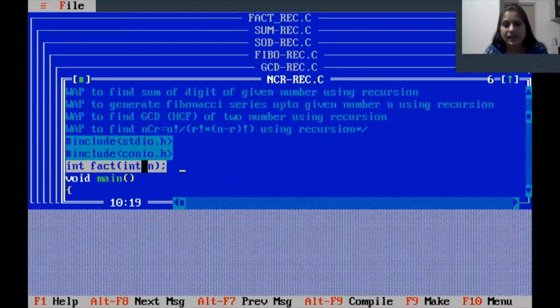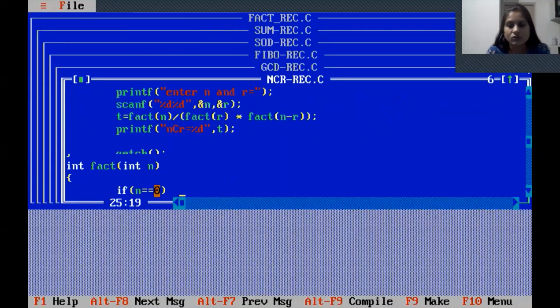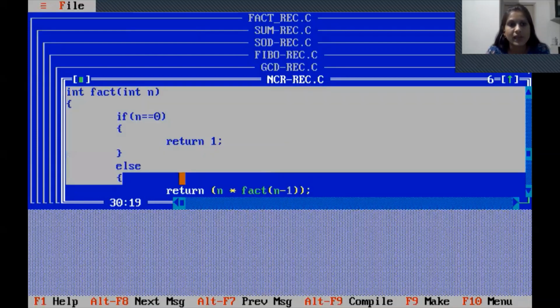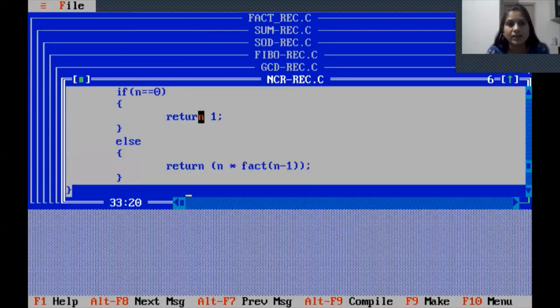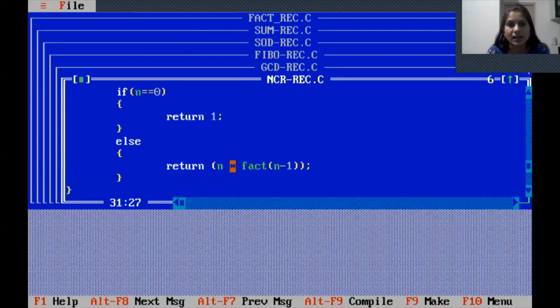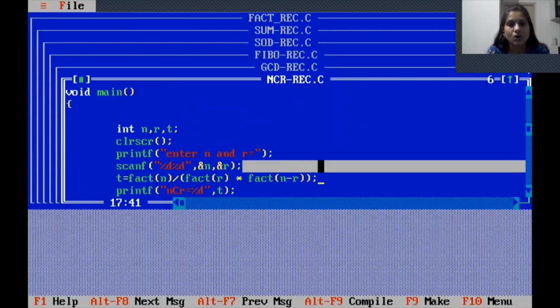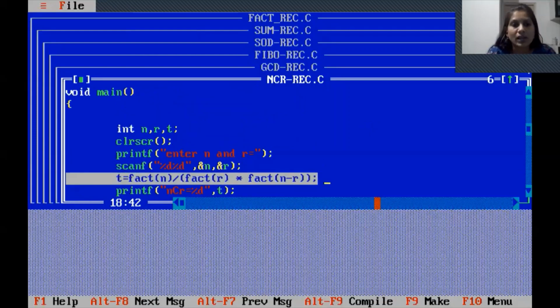So fact is there, the same logic of factorial that we put here, integer fact. If n is 0, then return 1. Otherwise, the multiplication and function calls itself, that is fact of n minus 1. No other change is there. Now, what is the change? Here the function fact is called 3 times, because our formula is what? First, find the n factorial, so fact n.